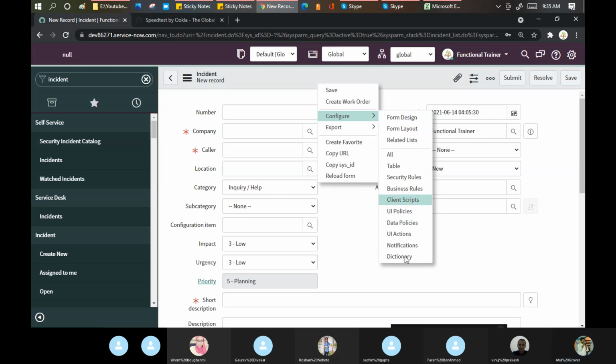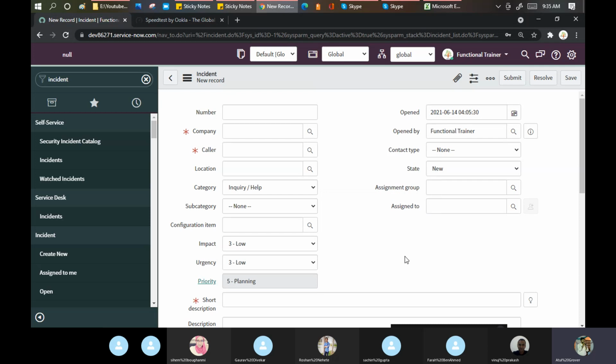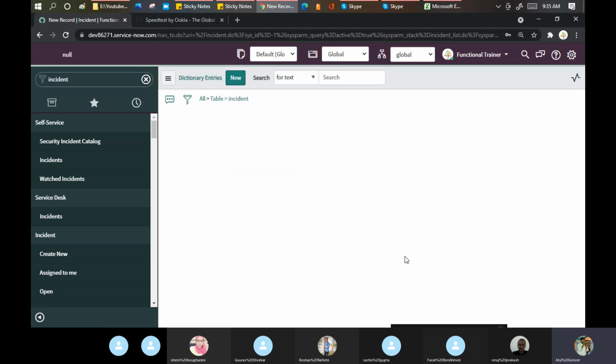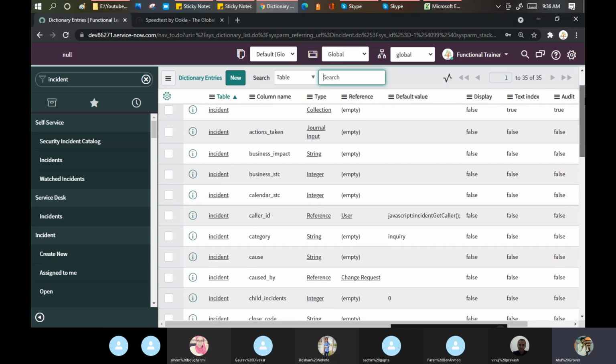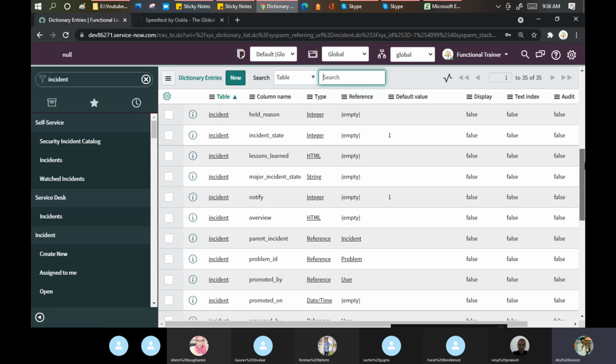Let me click on the dictionary here. What I am seeing now is how the fields given in this particular table behave, what their behavior is in the system. You can see that for the incident records there are approximately 35 field attributes and their properties available here.